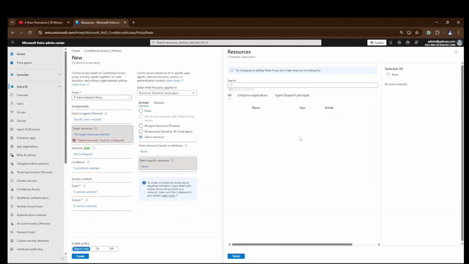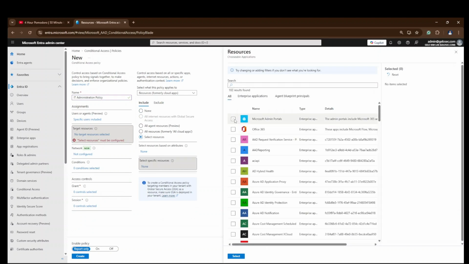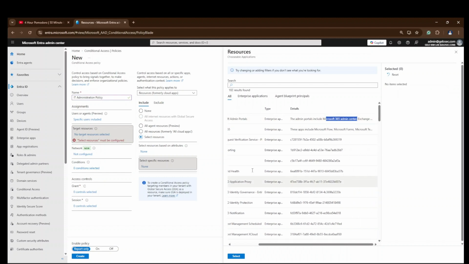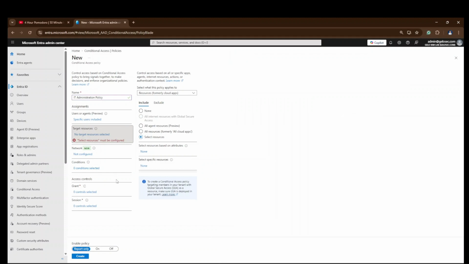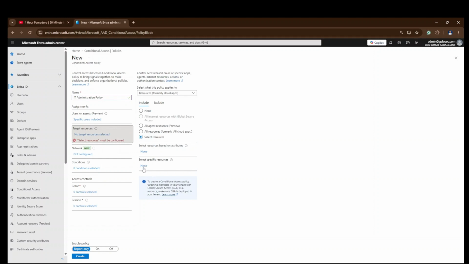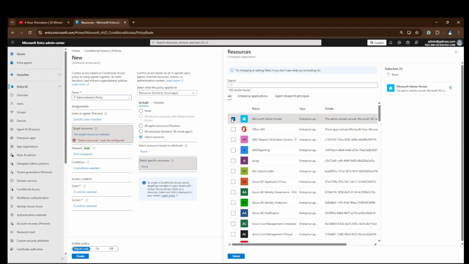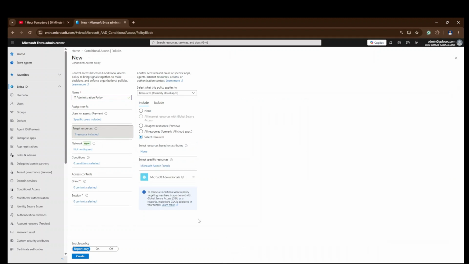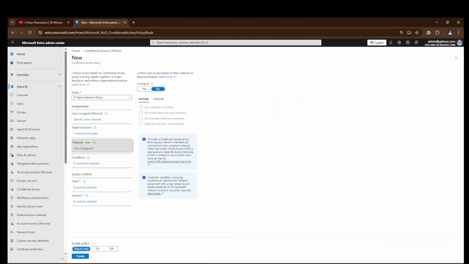Then select specific resources, check this includes Microsoft 365 admin center, so we select that. Okay, admin portals, select, and then in the network, just click yes and any network or location.